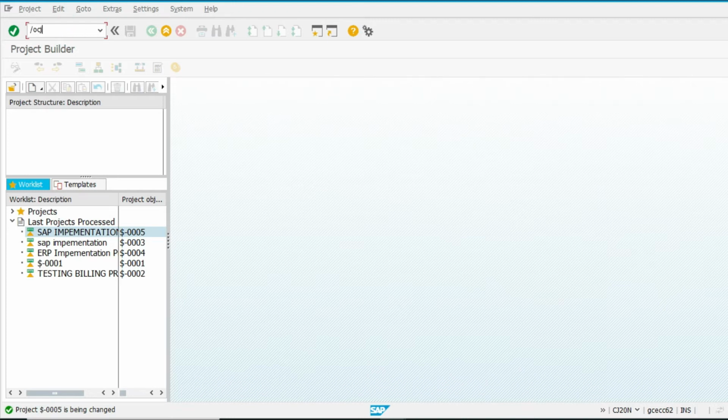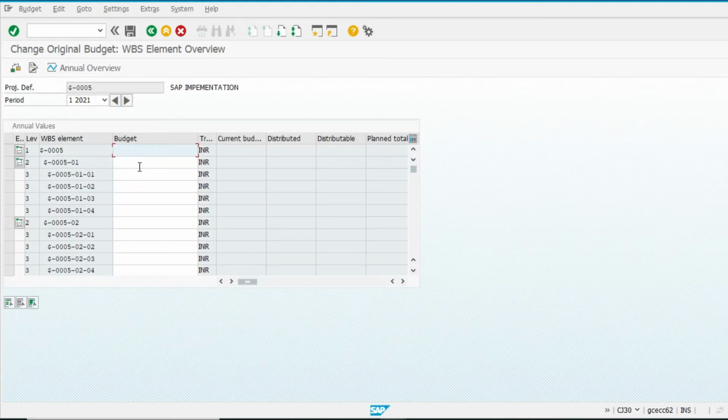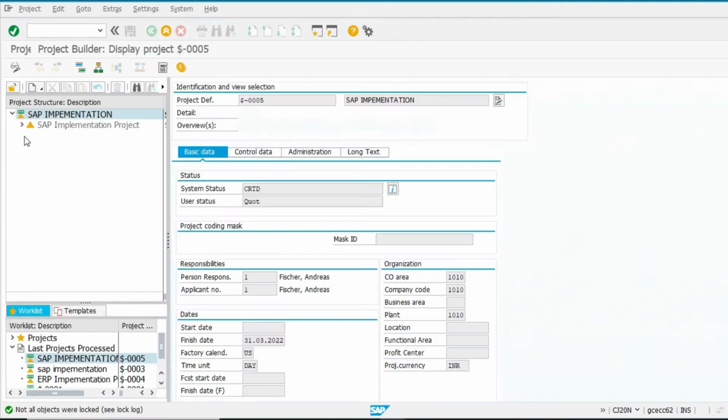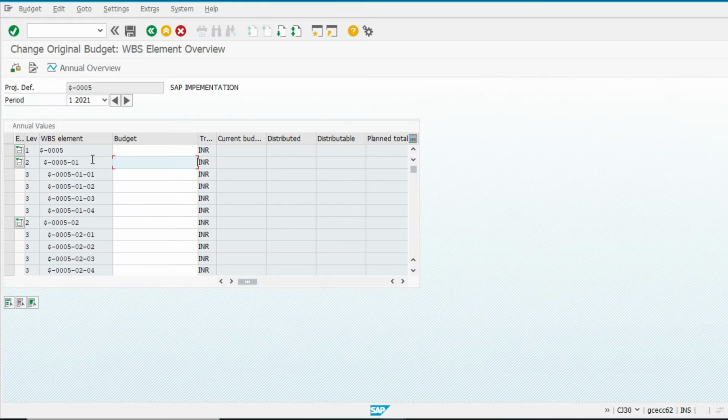Now we are going to update the budget in CJ30, original budget. Now suppose I take this activity, in May we are going to complete this activity, so I am going to allocate budget.